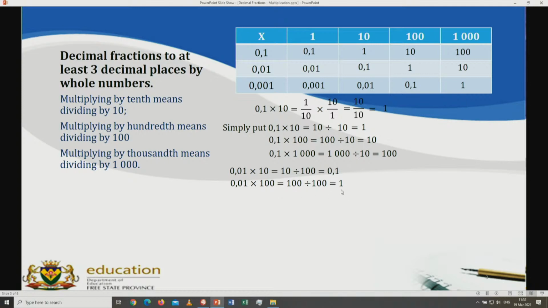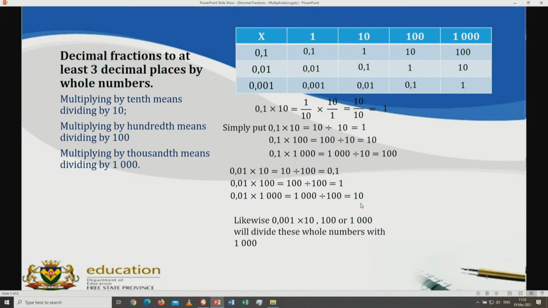Ne? And then it's going to give us 1. And then 0,01 multiplied by 1,000 will give us 1,000 divided by 100, which will give us 10. Likewise,